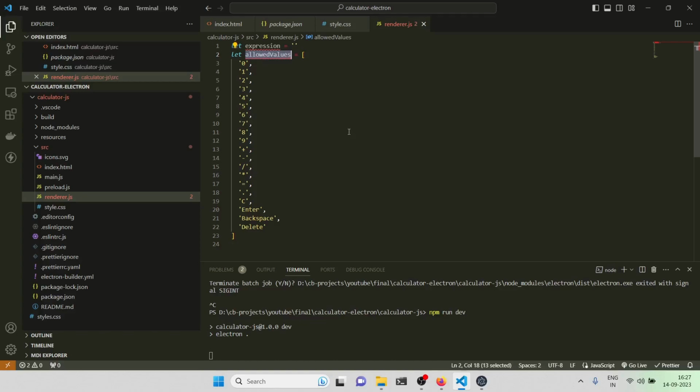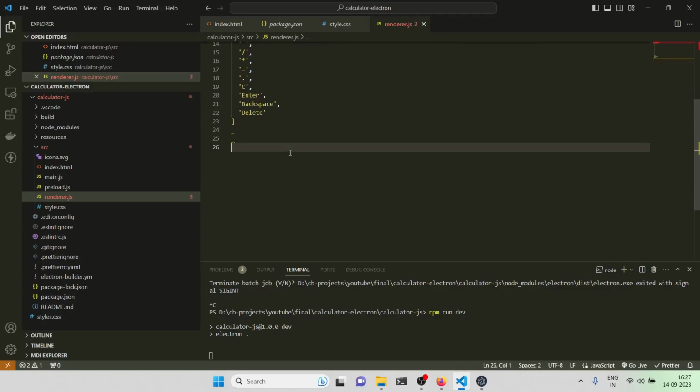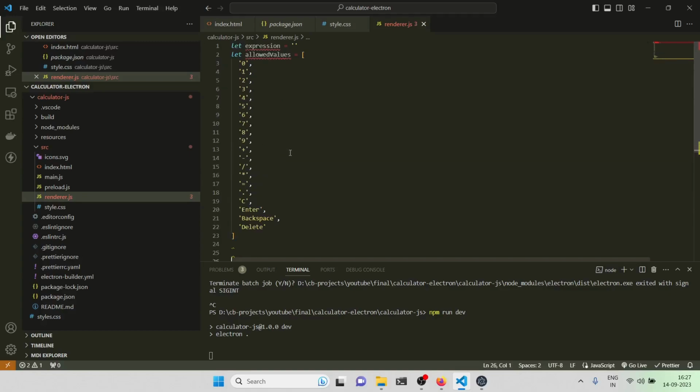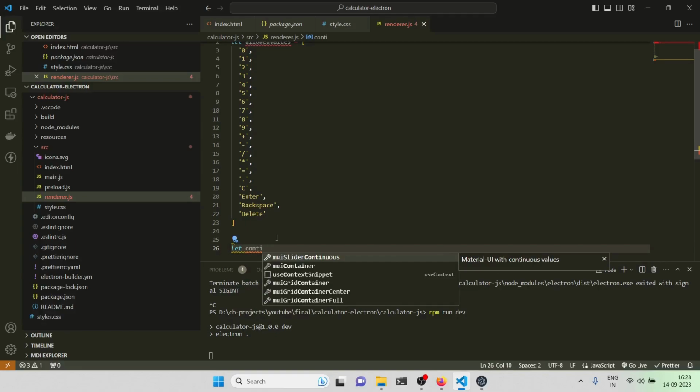Okay, let me first verify: 0 1 2 3 4 5 6 7 8 9, plus, minus, divide, multiply basically, and then equal, dot, C, enter, backspace, delete. Okay, cool. Now we can just focus on let container